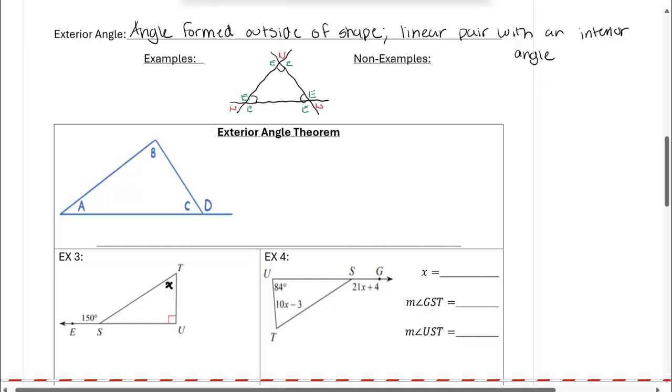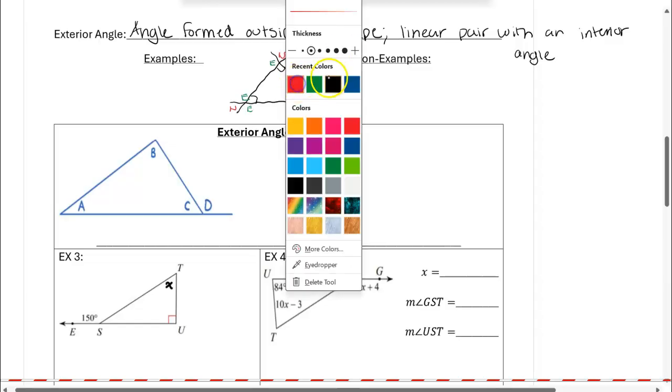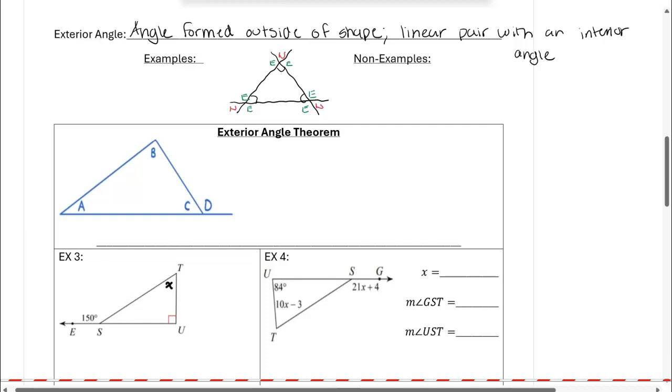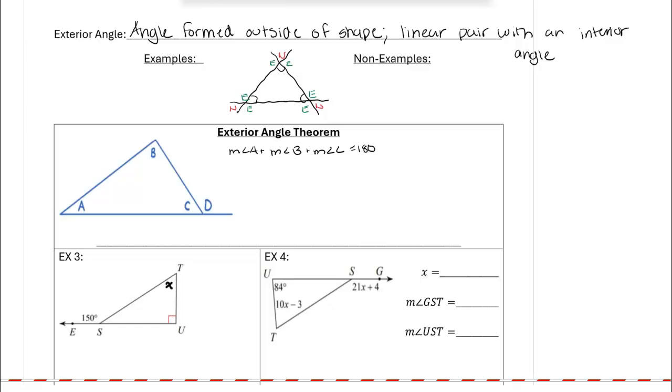Okay, so let's do a little bit of exploring before we formalize our definition for the exterior angle theorem. So let's write down some things we know. So we know that the measurement of angle A plus the measurement of angle B plus the measurement of angle C is equal to 180 degrees. That's our triangle sum theorem,